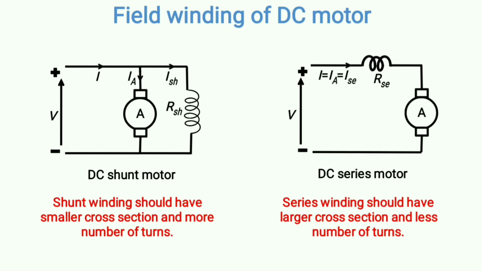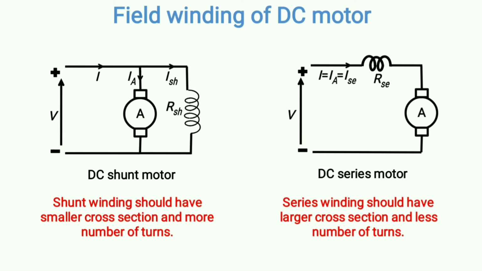Because you know the equation that armature voltage can be written as the voltage drop plus the back EMF, right? So if your armature resistance is very high, the drop will be very high, then the back EMF will be automatically very less. And if your back EMF is very less, the motor speed will be very less, and the motor will not be able to run, especially under heavily loaded condition. Or it will not be able to pick up very high speed due to less back EMF. So always it is desirable to make the armature resistance as low as possible.